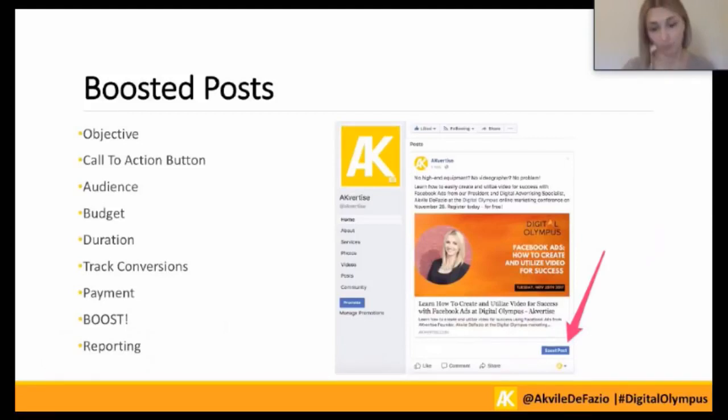And as a bonus tip with boosted posts, you can repurpose boosted posts and test new audiences with them. So say you have one that performed very well for a marketing conference, and then you are traveling to a different location to do that same conference, but in a different place. You can edit the copy of that post and reboost it to a new audience. It will not reset the engagements on it. So if something's working well, keep repurposing it, because you can do so, and it won't reset the engagements like it would if you were to edit the ad in Power Editor.